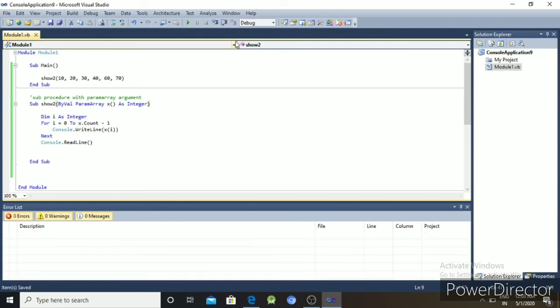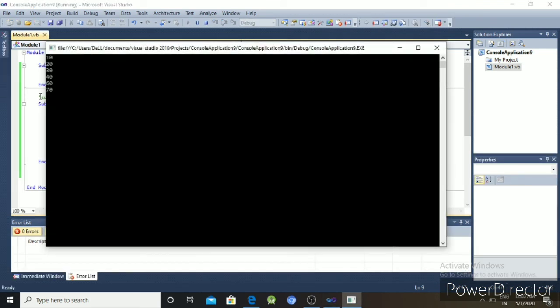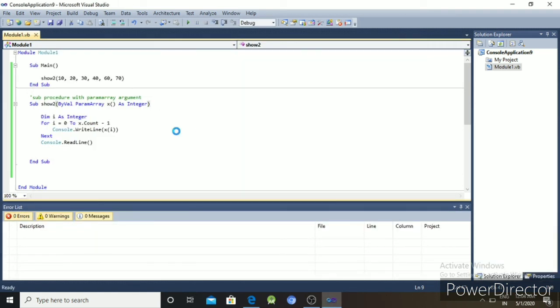Save and execute again. Okay, 10 20 30 40 60 70. So this is the method of the param array, the sub procedure with param array argument.